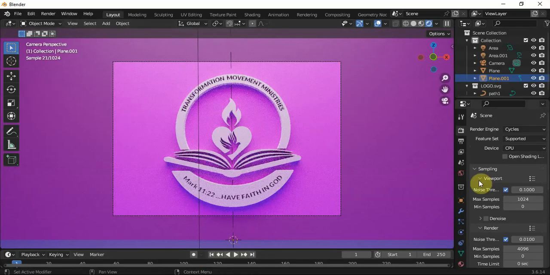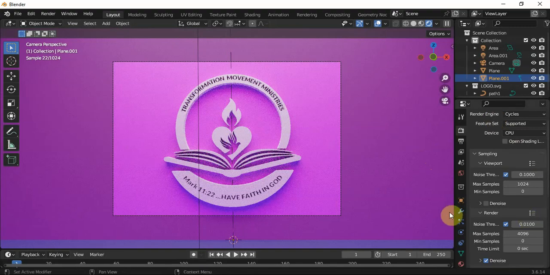All right, another thing I did not show you is that in your EEVEE, come down to your max samples. You can see that it's 4096. That's the time it's going to take. It's going to take a lot of time. If your work is a little bit heavy, it can take 3 days to render. So you reduce this down,